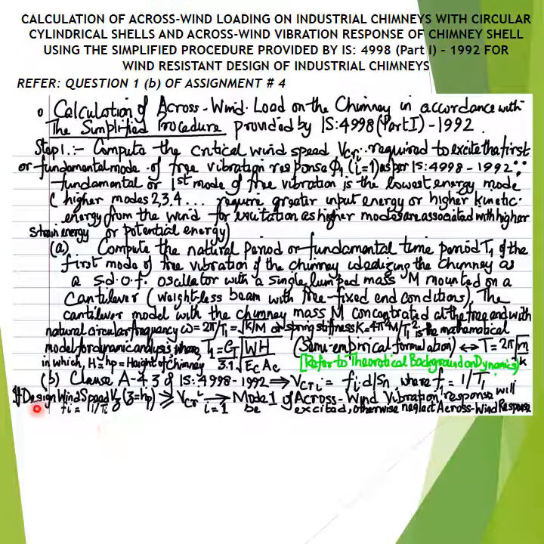If the design wind speed denoted as Vz at the height Z equal to the physical height HP of the chimney, as specified by the Indian Standard Code of Design Practice for Calculation of Wind Loads, IS 875 part 3, is greater than the critical wind speed VCRI for the first mode, or the mode I equal to 1 of the free vibration response of the industrial chimney structure as calculated above,